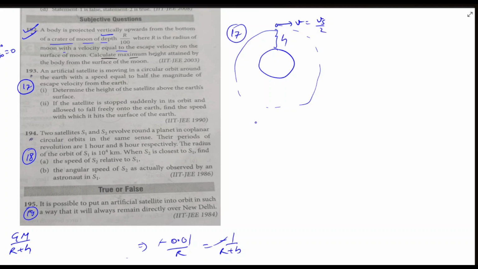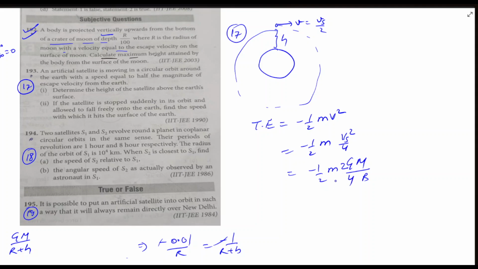So we know the total energy will be negative of half m v square, so it will be minus half m, and v is vs by 2, so vs by 4. Okay, let's put the values, minus half m, and vs square will be 2GM by r, and this will be 4,